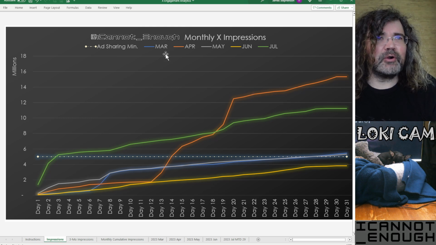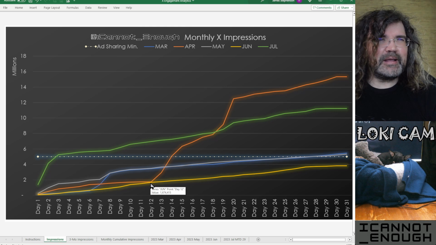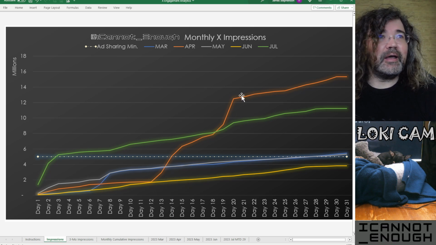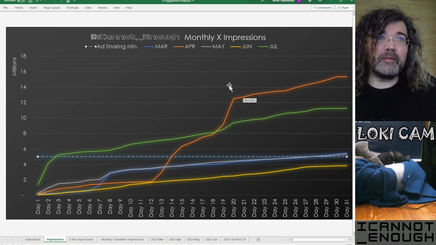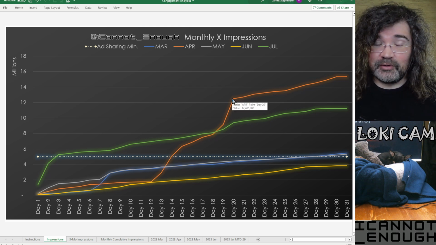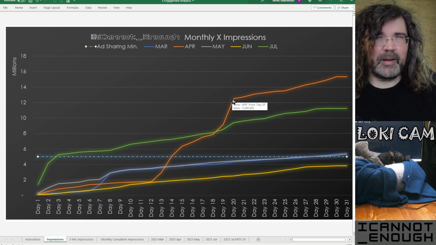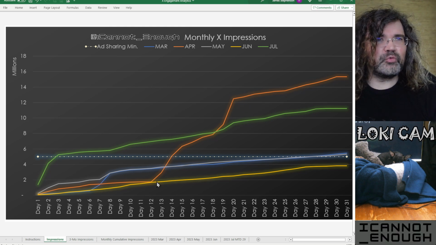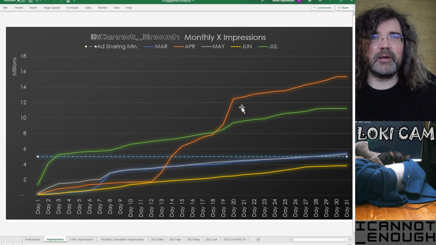So what's this April doing? Well, I got a lot more impressions starting on April 12th and running through April 19th. This was the most impressions gained activity that I had. So I would have to go back to April to tell you what that was. Maybe my forecast getting published, maybe this was when Elon followed me, and that's how I got a lot more impressions over this time period.